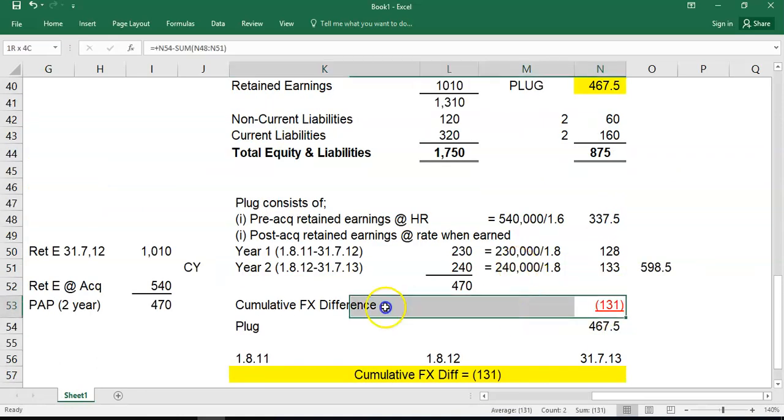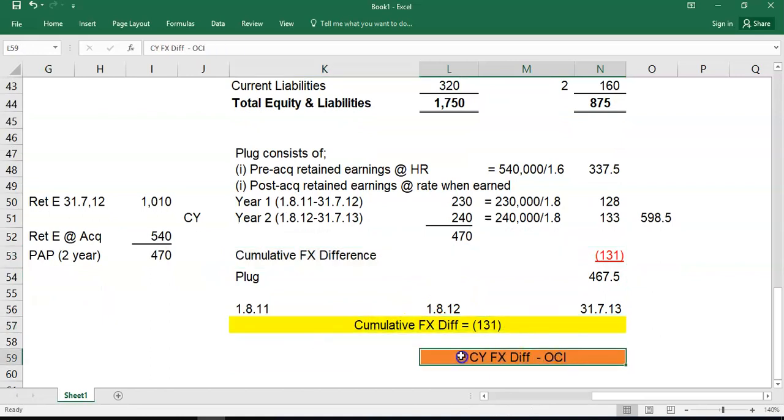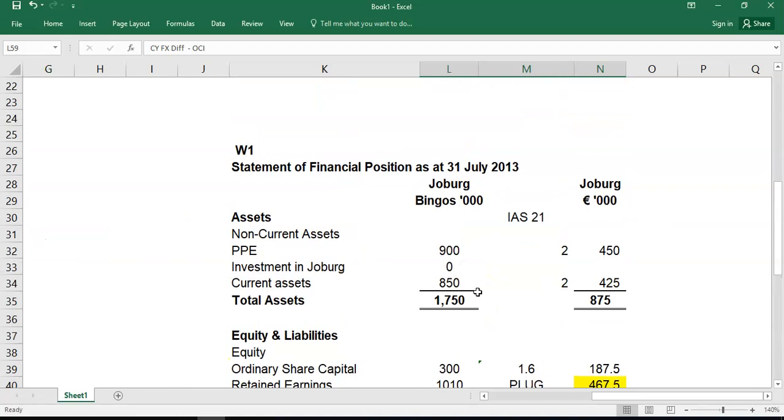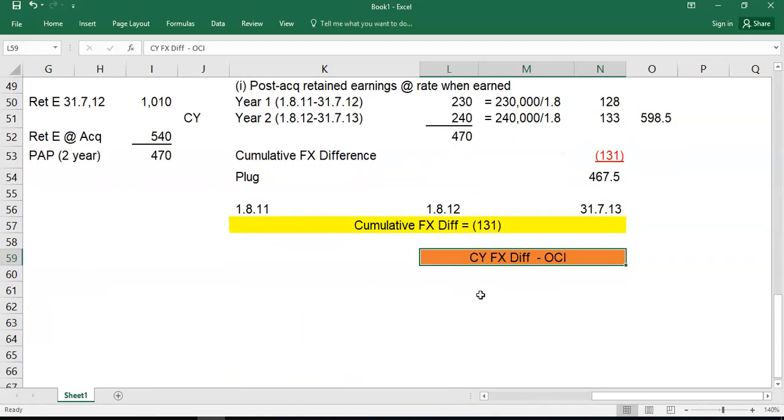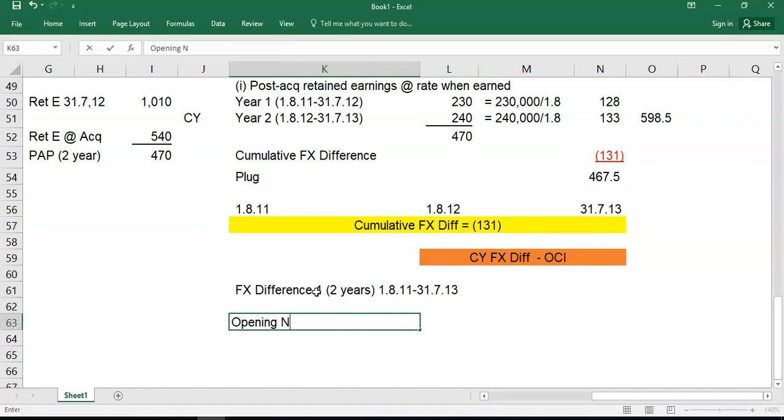So let's prove the 131 from a cumulative basis, and then let's split it out on a current year basis as well. Remember, this is all still working one, so there is a good lot to set up a question for a foreign sub. So let's look at FX difference 1 then, and that's for 2 years post-acquisition, from the 1st of the 8th, 11, to the 31st of the 7th, 13. And we look at opening net assets,